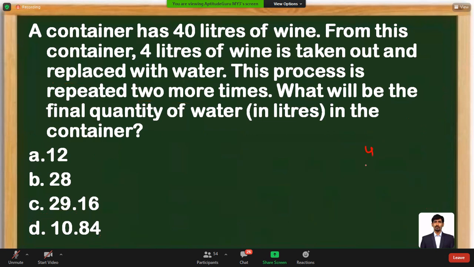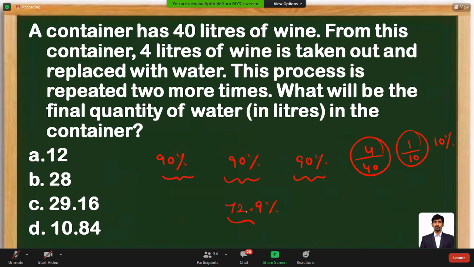So 4 liters is taken out of 40. That means 1 out of 10 taken out. So leftover concentration is 90%, 3 times. So the overall concentration of wine I'm trying to find out. 9 cube is 72.9% is the wine which is left. If they are asking only